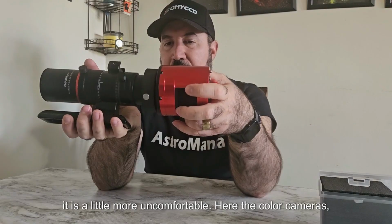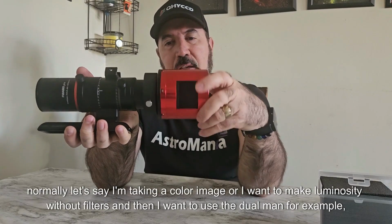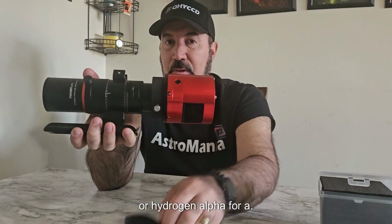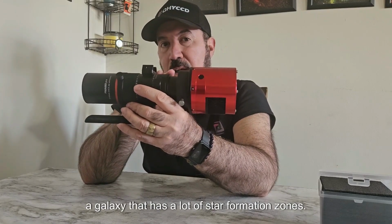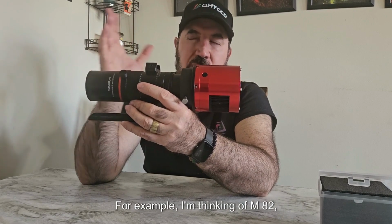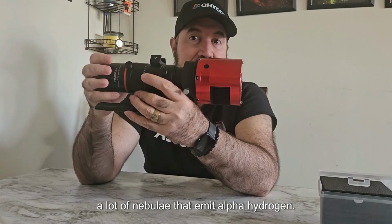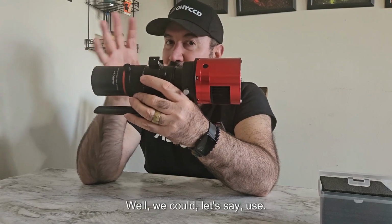Here, with the color cameras, normally, let's say I'm taking a color image, or I want to make luminosity without filters, and then I want to use the dual band, for example, or hydrogen alpha for something specific, or let's say I'm photographing a galaxy that has a lot of star formation zones. For example, I'm thinking of M82, the Cigar Galaxy in Ursa Major, or maybe the Triangulum Galaxy in Triangulum, which has a lot of zones, a lot of nebulae that emit hydrogen alpha. Well, we could use